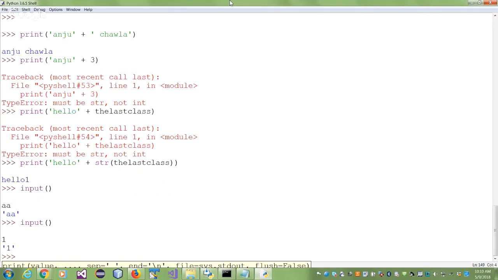So the function input takes no arguments. I didn't give it anything, only the opening and the closing bracket. And it returns a string. What does it return? What does it give back? It returns a string. So a function has a name. A function takes arguments, 0 or more, and a function has a return type. That return type could be nothing too. Returns nothing. Right?